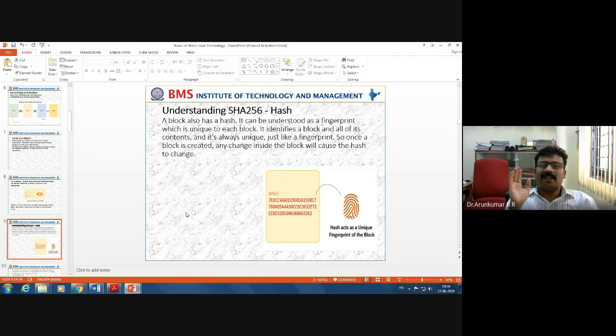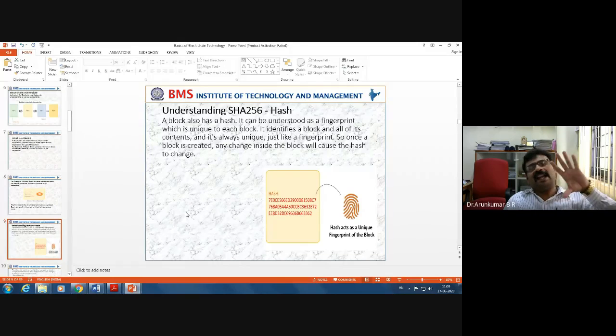It can be understood as a fingerprint, which is unique to each block. So each block's information is hashed. It identifies a block and all of its contents, and it's always unique, just like a fingerprint. So once a block is created, any change inside the block will cause the hash to change.